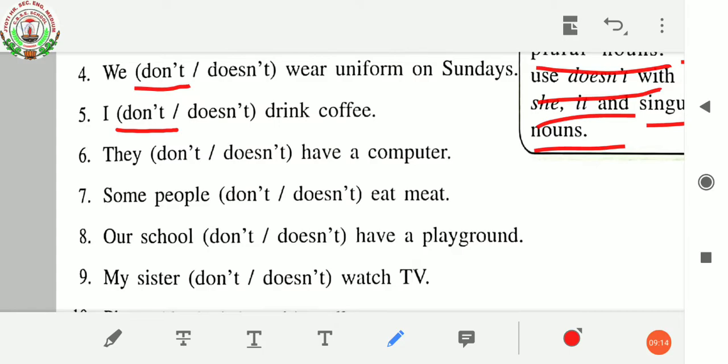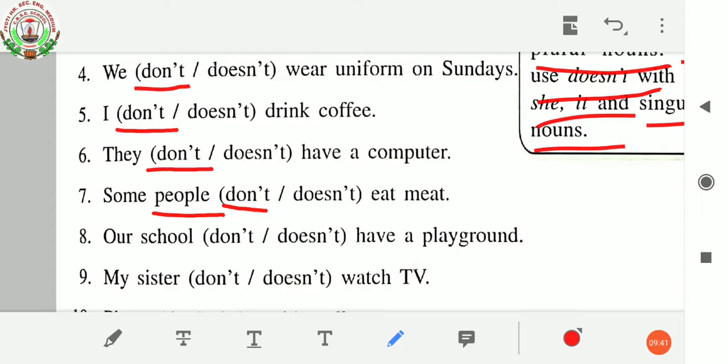So with they, we have to use don't. They don't have a computer. Seventh, some people don't or doesn't eat meat. So here people is in plural form. So with plural form we use don't. Some people don't